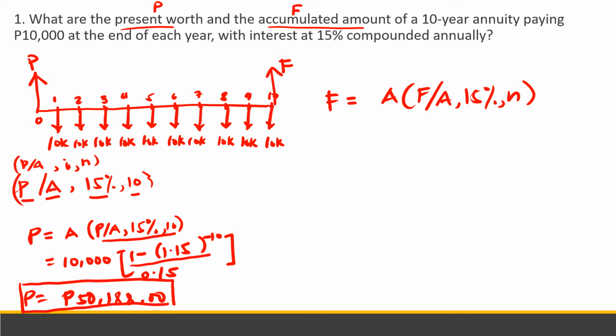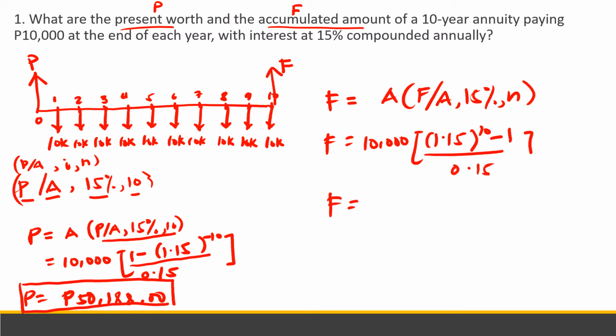So F is equal to 10,000, and yung formula natin is (1 plus I) to the power of N, which is 1.15 to the power of 10, minus 1, over 0.15. The future amount or yung accumulated amount nung 10,000 is equal to 203,037